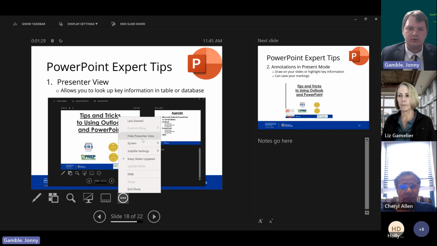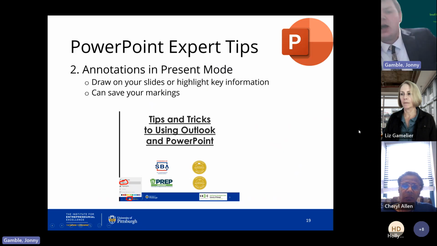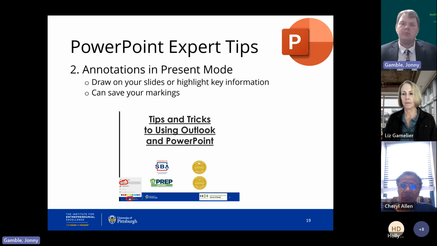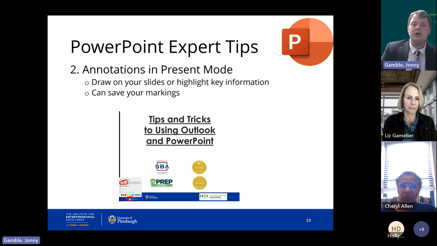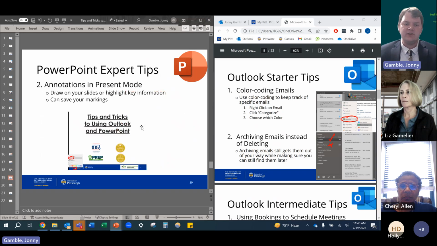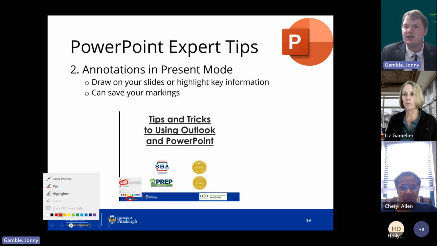So let me switch away from the presenter view. One other really helpful tool can be making annotations right when you're in presenting mode. Not as in the presenter view with all that other detail, although you can do it there as well, but just in this present mode. Present mode is how I'm going back and forth slide to slide, as opposed to the edit view. In this present mode, if you go down here to the bottom left, it can be a little bit hard to see because of the slide right here, but there's this button here for annotations.